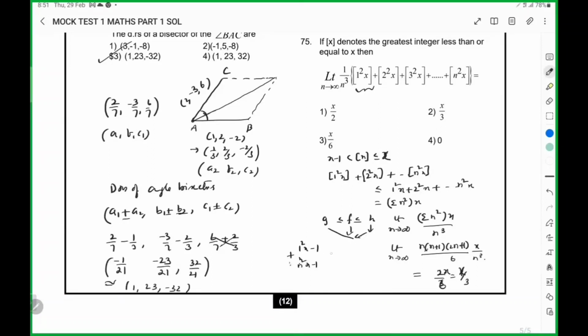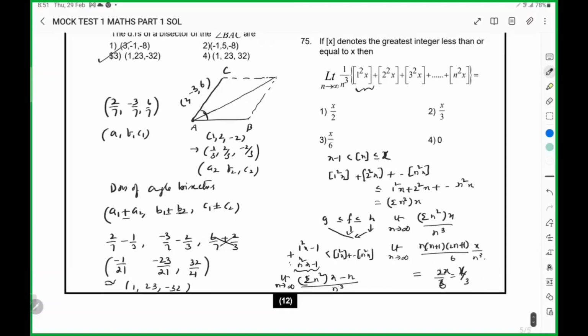Adding all those will be less than or equal to 1 square x up to n square x. Finding the limit for this, limit n tends to infinity, adding all those, x minus n by n cube. So this also, limit n tends to infinity, sigma n square of x by n cube minus 1 by n square. As n